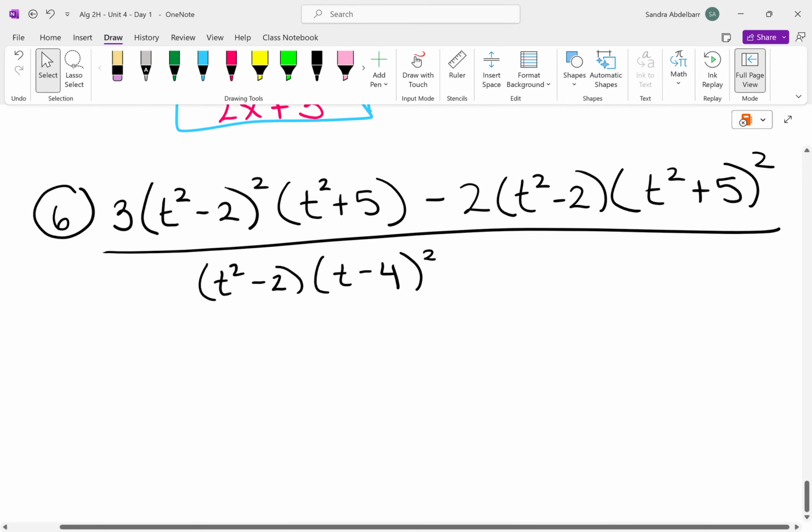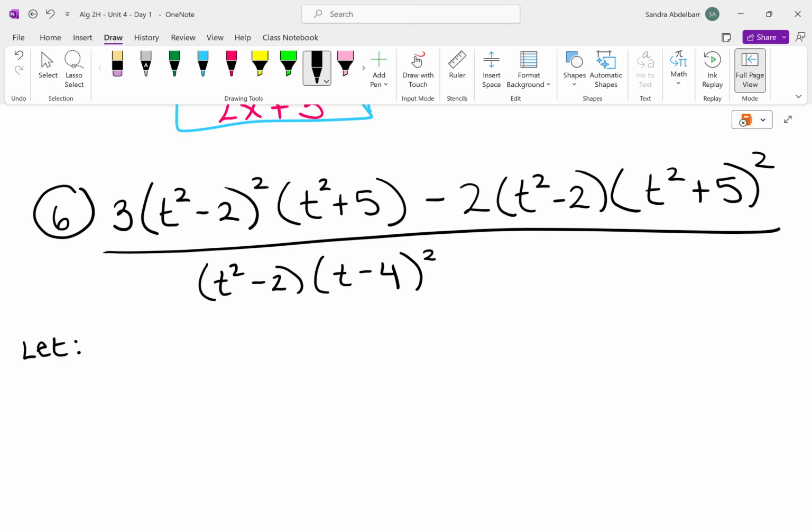Doesn't it seem like the same things are within the parentheses? So I'm thinking, you know what? This doesn't look so overwhelming to me. I'm going to use substitution. I'm going to let